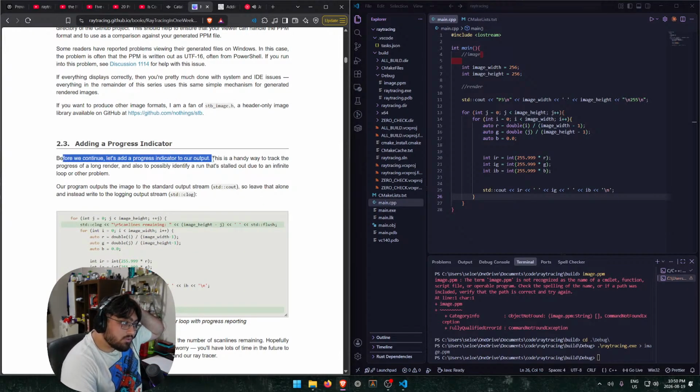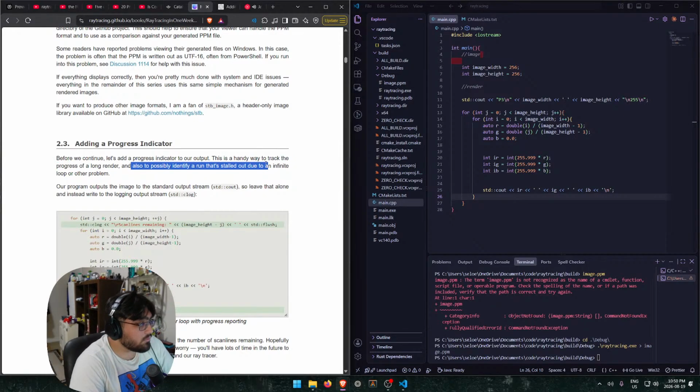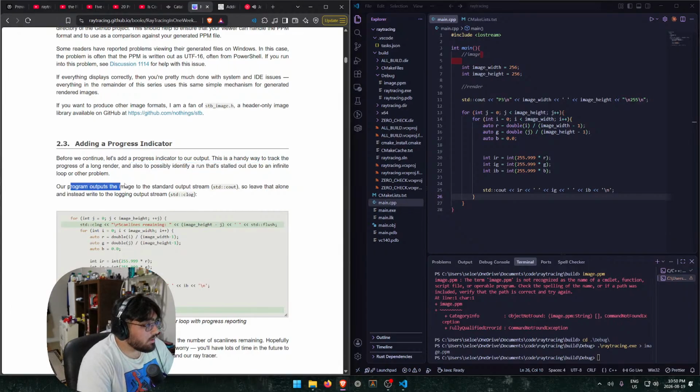Let's add a progress indicator to our output. This is a way to track the progress of a long render, and it's also possible to identify a run that's stalled out due to an infinite loop. For outputs, the image is standard output stream, so leave that alone and instead write to the logging output stream, clog. Okay. So right under image height,